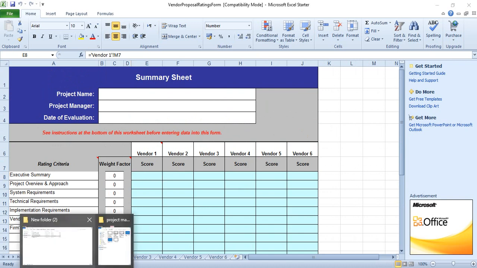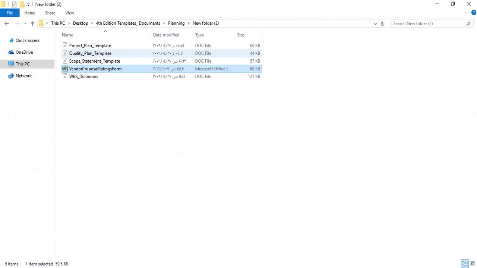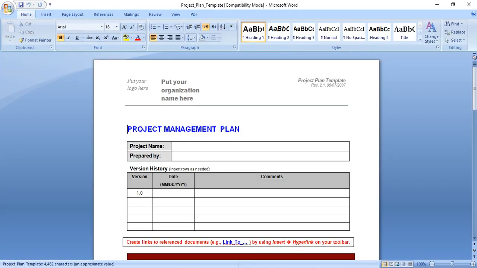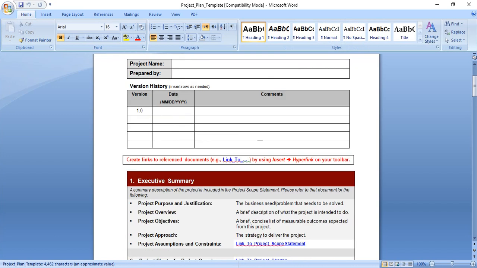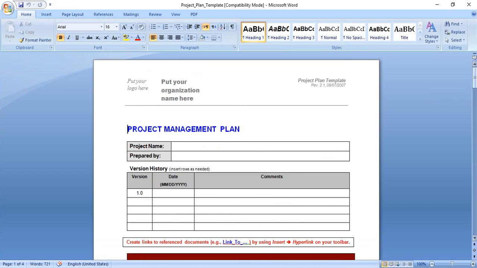We'll move to the next point. We'll discuss the project plan template. Same, this is a template. We need to fill in the information inside the template,